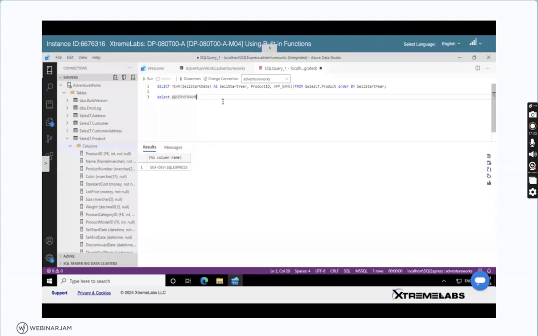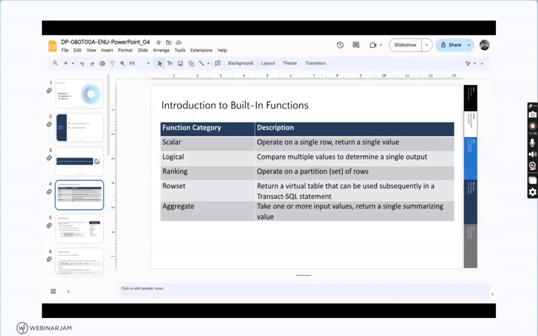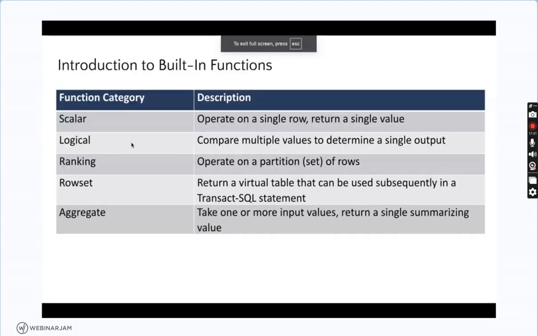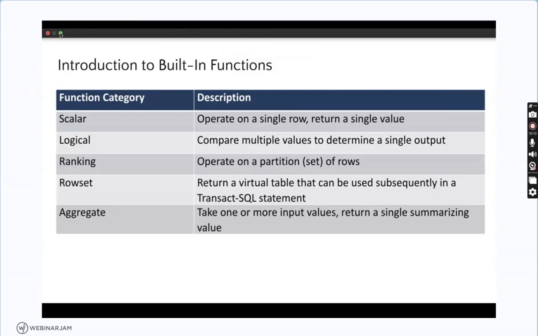Okay. So I think it is clear what a scalar function is and what is not. Secondly, we have logical functions. Logical functions compare multiple values to determine a single output, right? A logical function evaluates your input expression, compares the data, and returns an appropriate value based on the result. There are several types of logical functions available. Let me just write it down. If we talk about the logical functions,